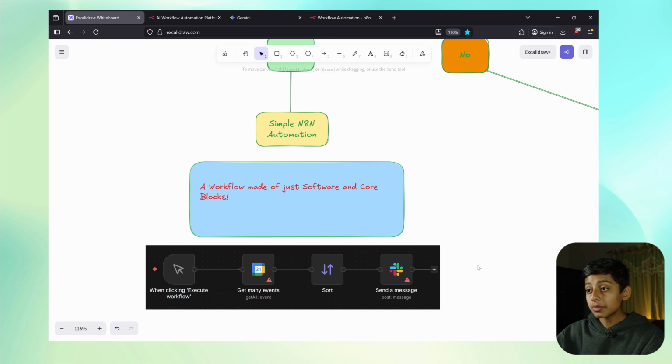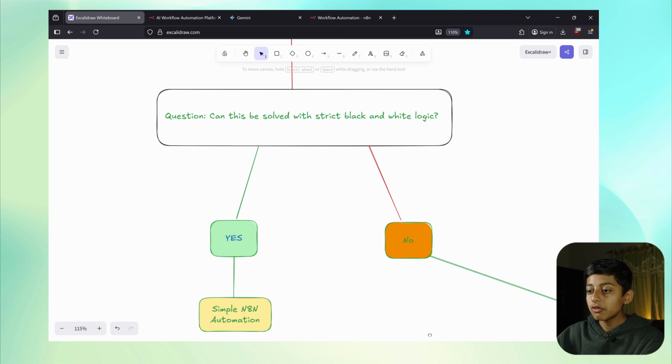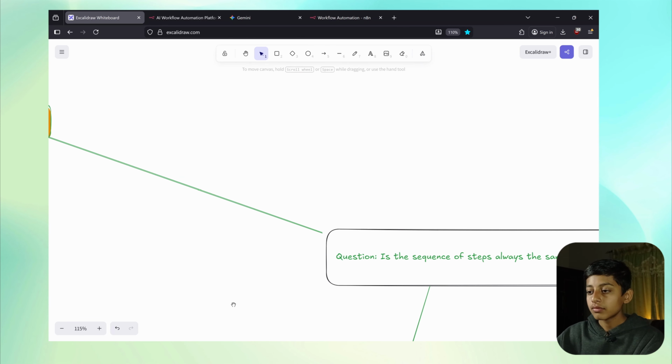And the workflow we just made inside N8N was also an example of a simple N8N workflow which didn't involve any intelligence. Again, with the gym example, let's suppose Jim is a little mature now and you don't need to instruct him every single time about how to package your product. This is how a simple workflow will work. But many times the logic isn't as straightforward as black and white. So for that, we will move on to our next step.